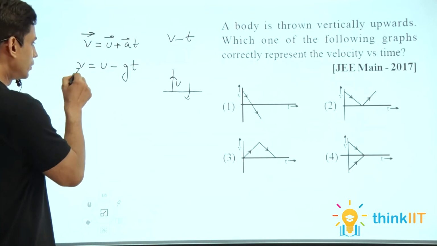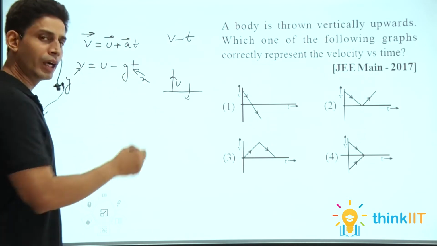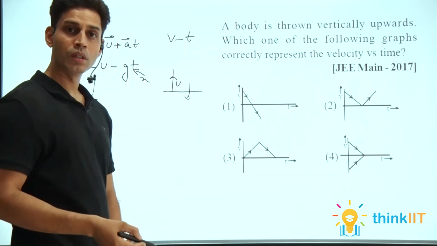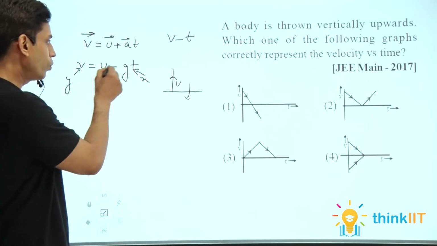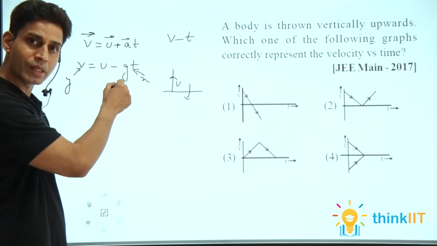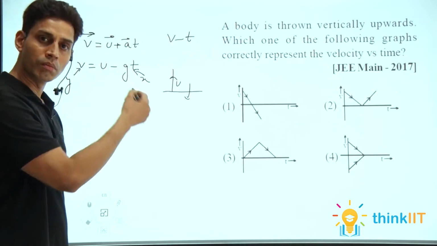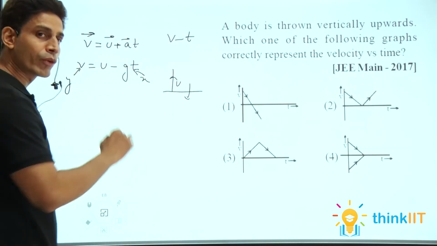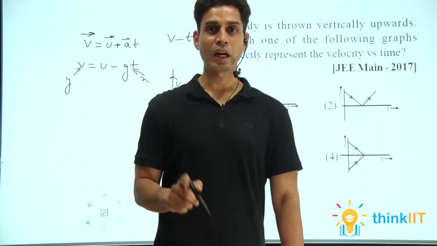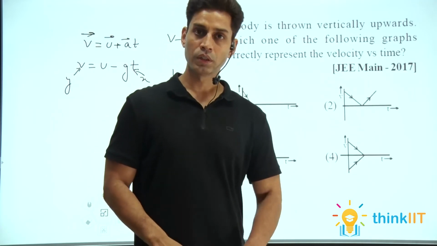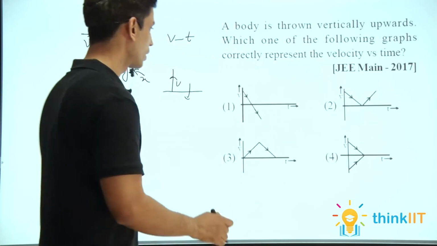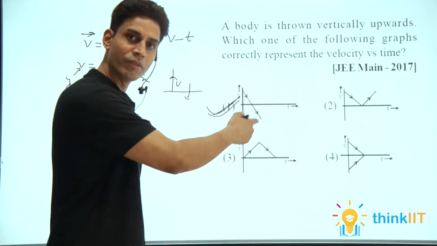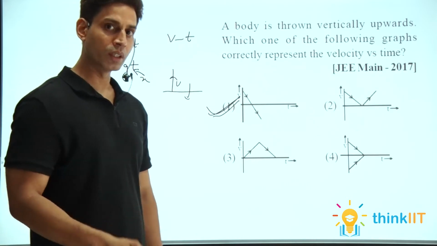Now this is y and this is x, and we have to plot the curve between y and x. So this minus g is what? Slope. This is y = mx + c. So here m, which represents slope, is minus g. And this is a linear equation, a one-order equation. That means the graph should be a straight line with a negative slope. So this shows that it is a straight line with negative slope. But I'll explain it further.